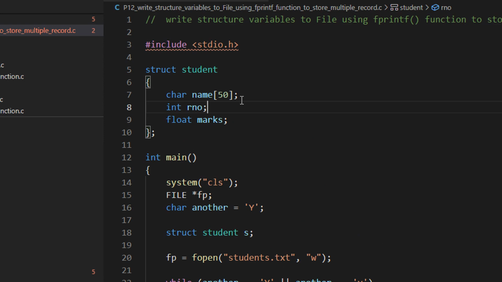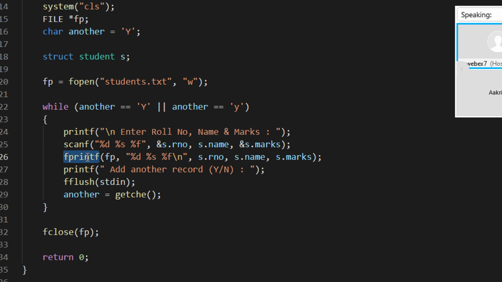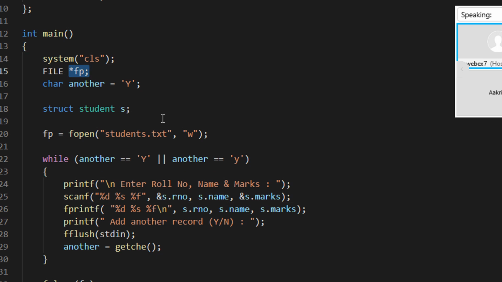Fine. So now we are storing multiple records one after the other, and we are using the command fprintf, right? So fprintf is basically file printf. What were you doing in the printf function? In the printf function, you were displaying something on the screen. What do you do in fprintf? Basically, you write it to the file. F stands here for file. You can see the same syntax, right? If I remove this fp and add printf, you can see this is my syntax of printf. Now when I am adding file here, I also need to specify the file pointer. What is the file pointer in this case? It is fp. So I just specify fp here, right?